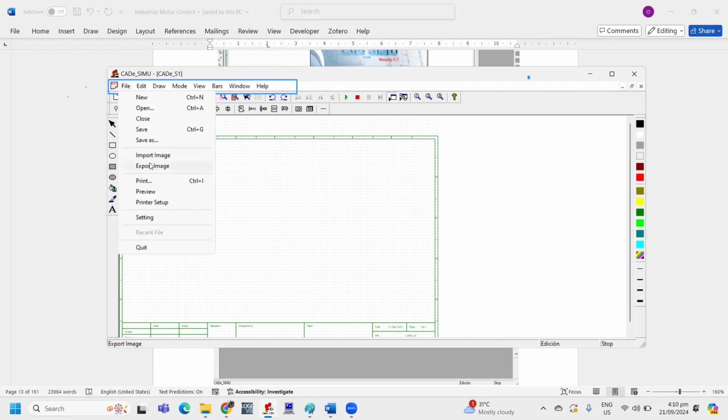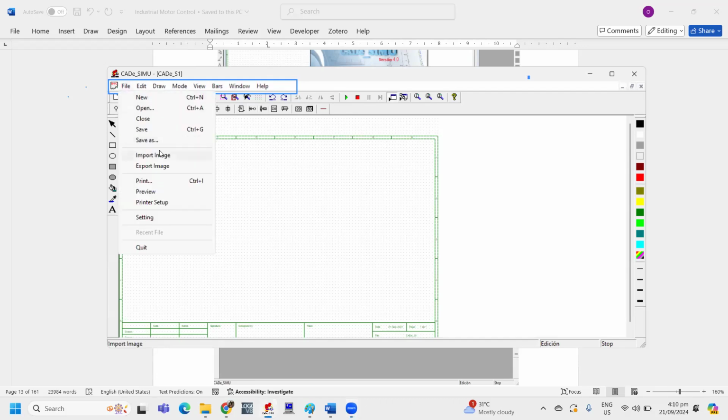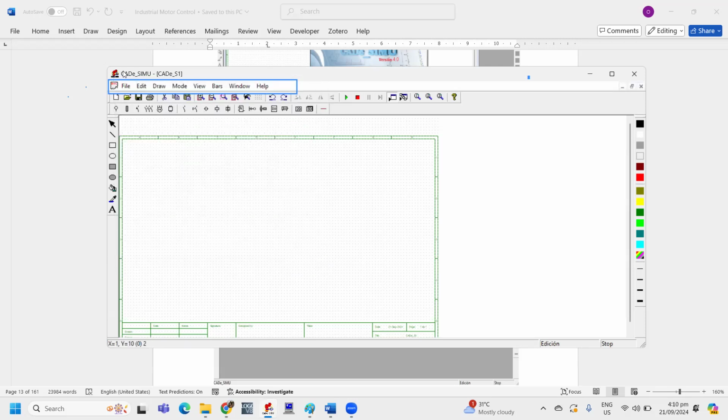So if you want to export this design in a PDF format or in image format, you can also create it in that way. And of course, you can also print. If you want to print directly or print to PDF, you can also create here. If you want to print, just click print.